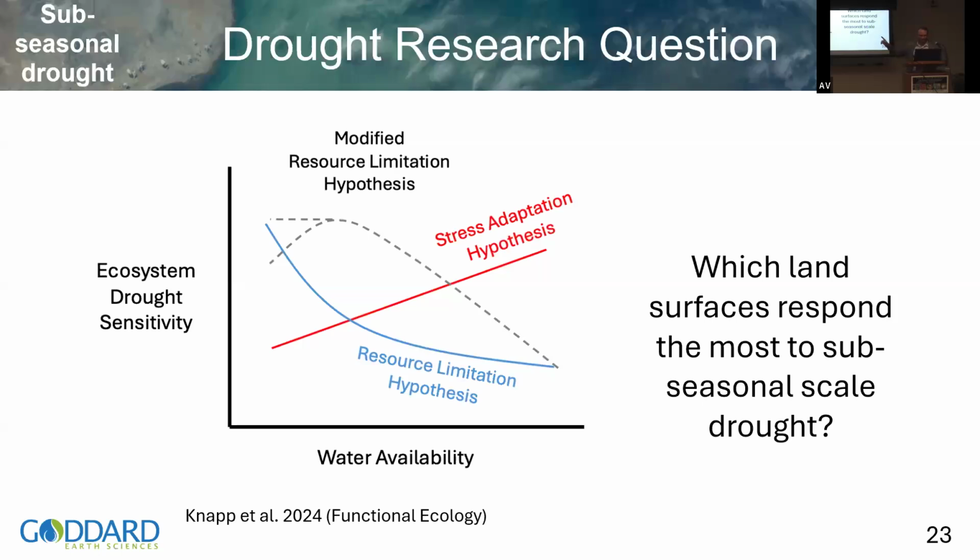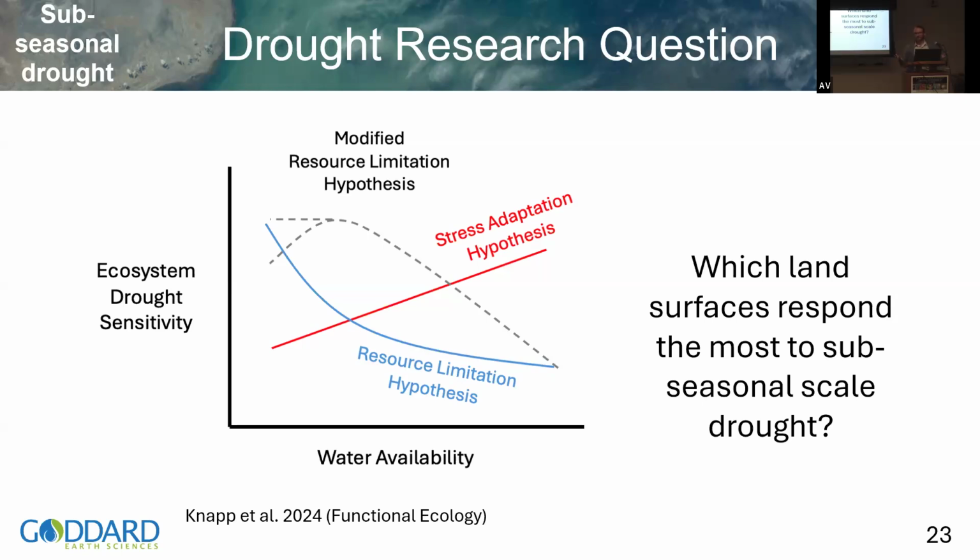of these different results. Showing that, okay, there's a stress adaptation hypothesis that at a place that's wetter, those plants are not going to do as well under a drought, in Maryland, for instance. They're not going to do as well because they're not stress adapted, whereas plants in Arizona are stress adapted. So the stress adaptation hypothesis says that plants in Maryland will do worse under a drought than plants in Arizona. The opposite hypothesis is the resource limitation hypothesis, that if you go to Arizona, at a drier